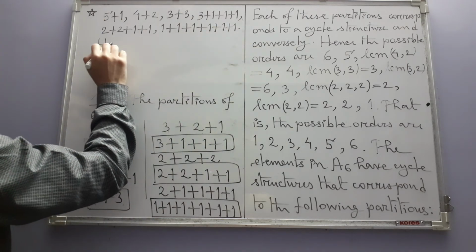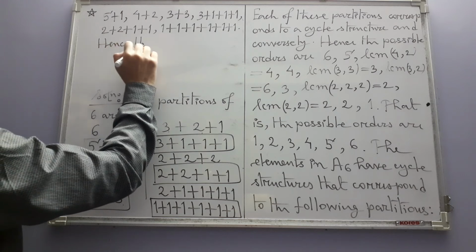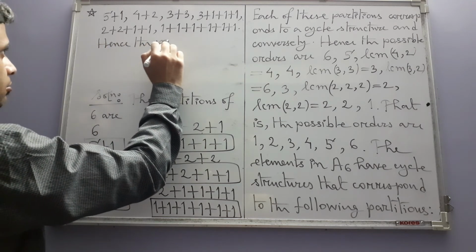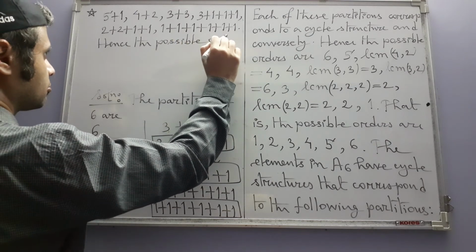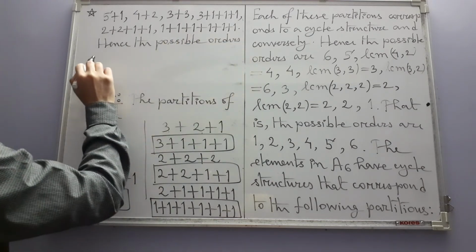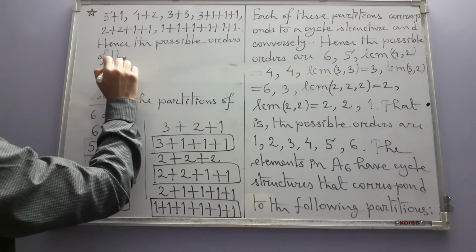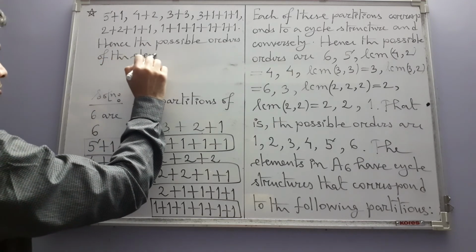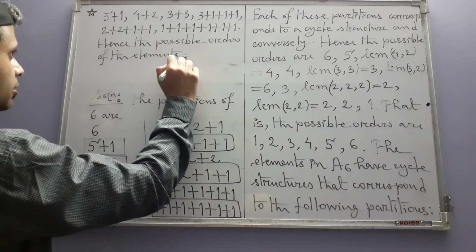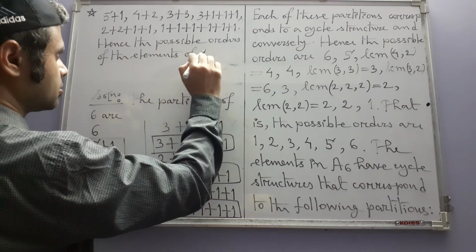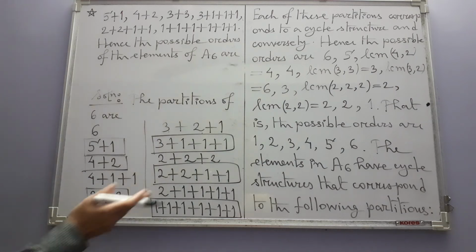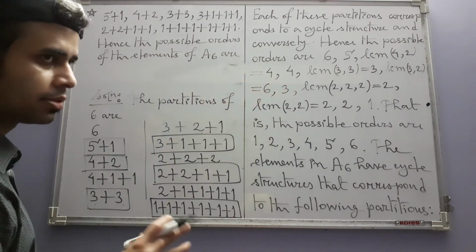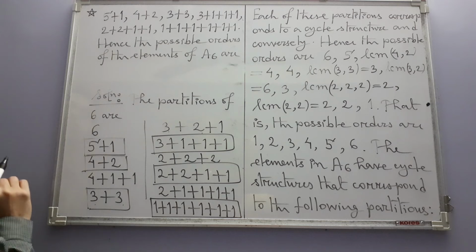Hence, the possible orders of the elements of A6 are, since we have seen the LCMs once, we can now directly write